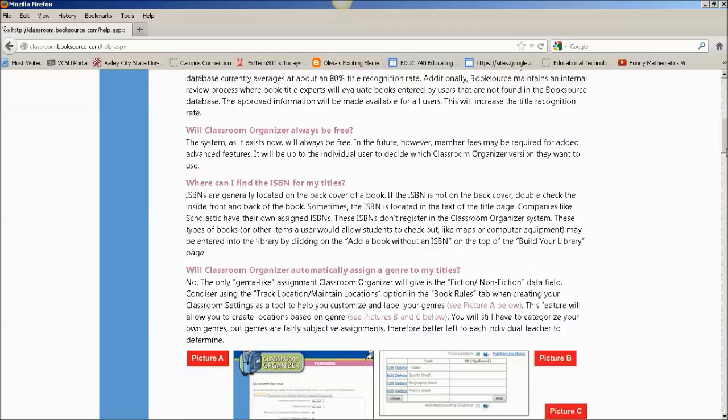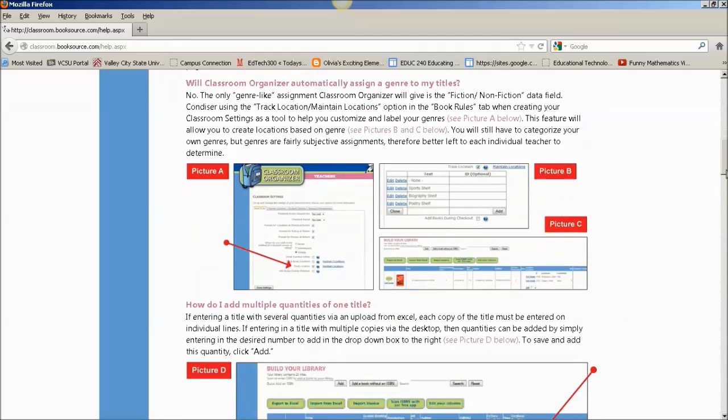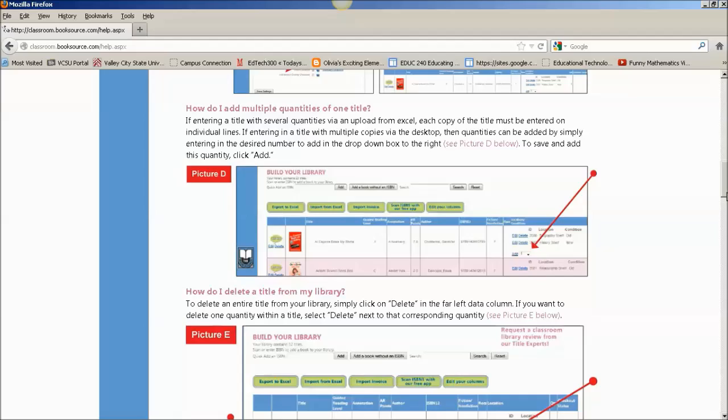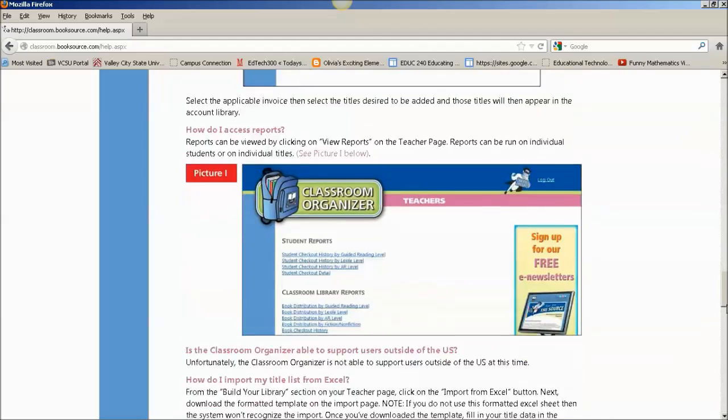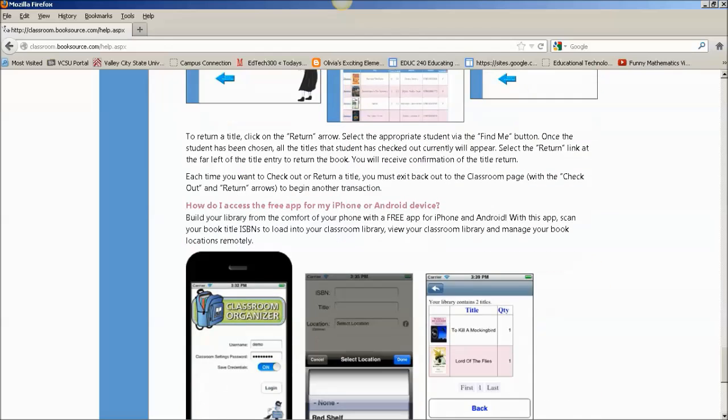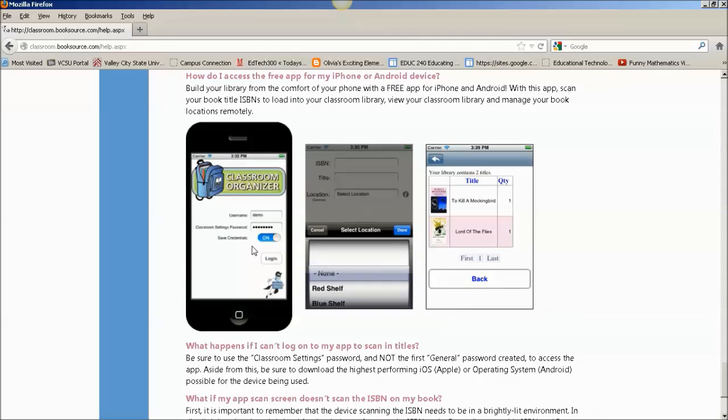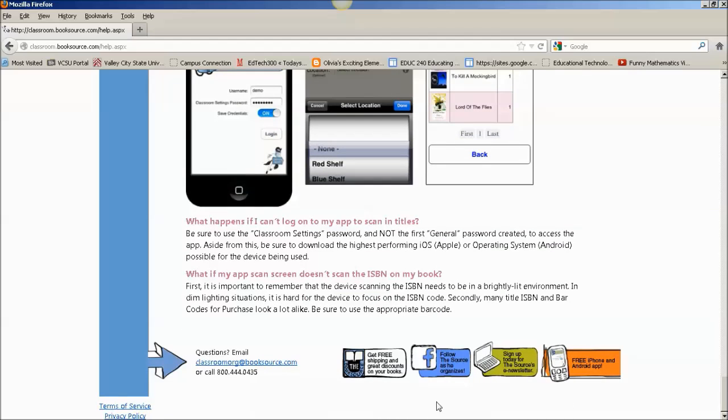So you can just go right down here, and it has little snapshots of the screens, so if you need any specific pictures to help you out, this is a really nice resource to use for that as well. And it also will look at the app here as well and helps you out with that in addition to that. You can also, down here in the bottom, if you have any sort of questions, you can email